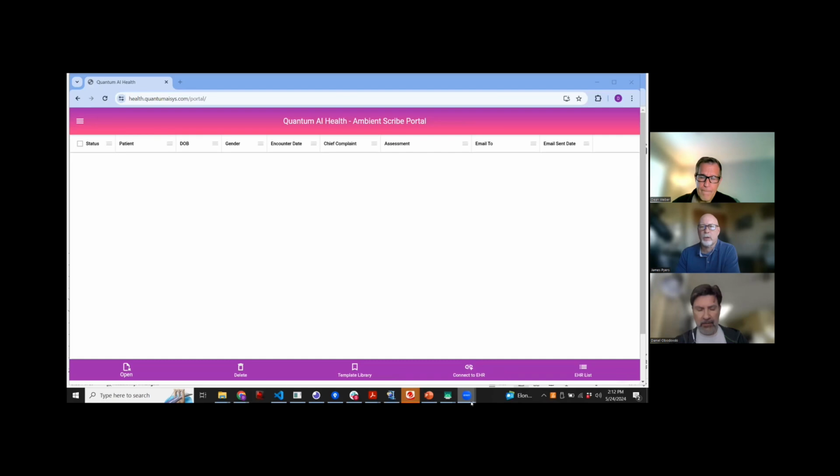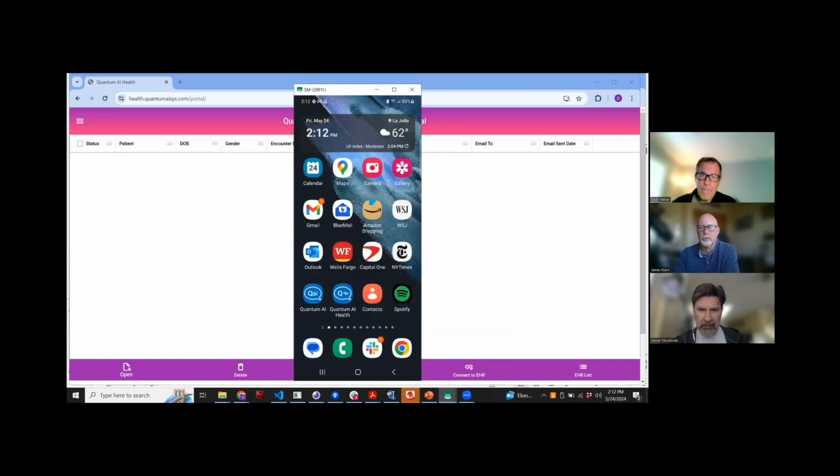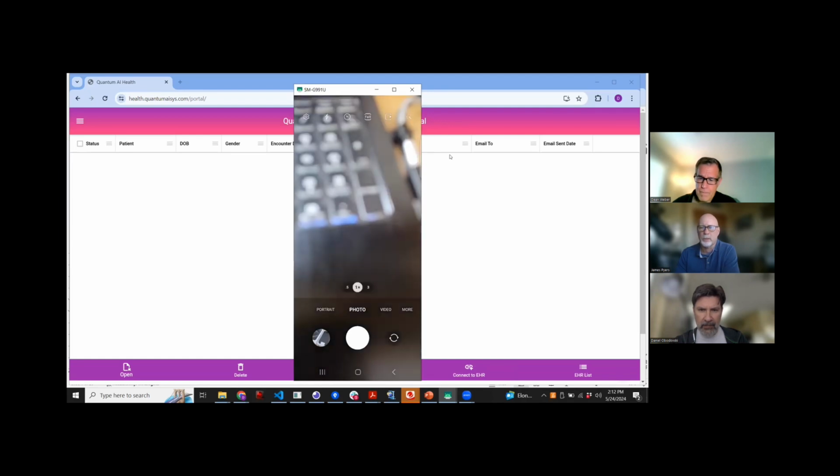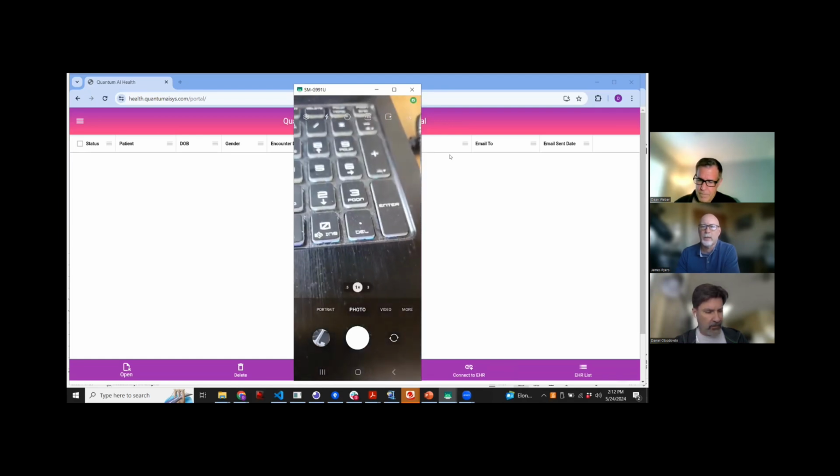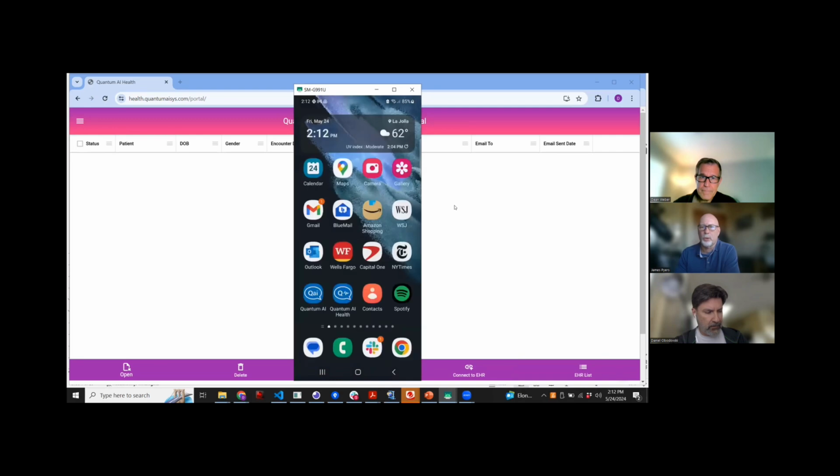So the way that the Quantum AI Health Scribe works is there's a mobile version. So there's a mobile app. I think Dean's probably going to show one of those today. There's also a portal, and the portal is used for the medical professional who's going to be reviewing the results